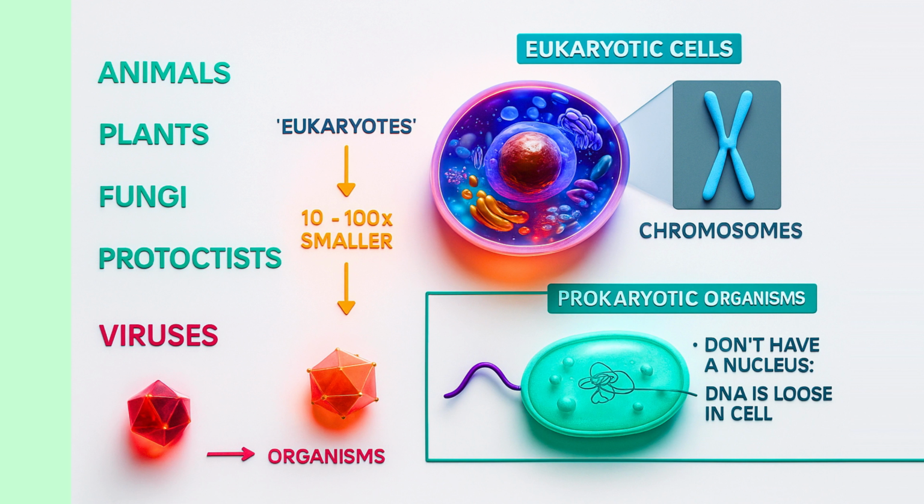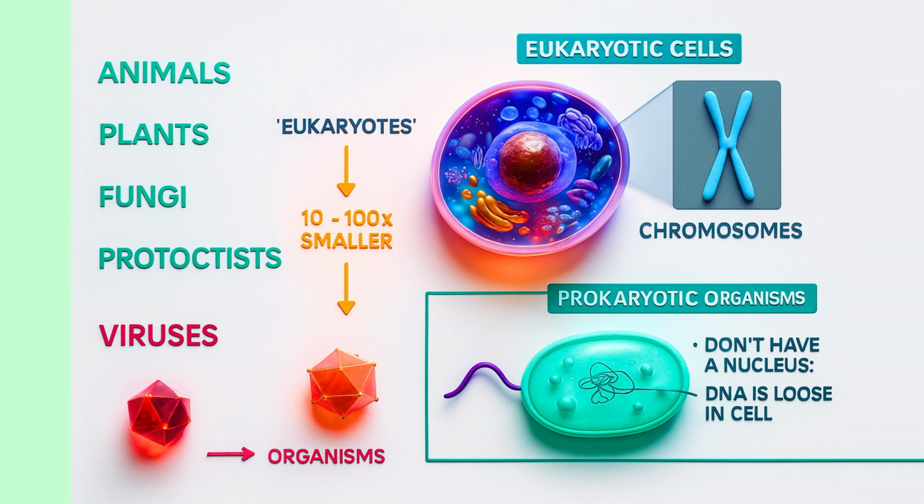One important distinction to understand before we look at each group in detail is the difference between eukaryotic and prokaryotic organisms. The kingdoms of animals, plants, fungi, and protists are all composed of eukaryotic cells, which means their cells have a distinct nucleus containing DNA in the form of chromosomes. These cells are typically complex and contain specialized structures called organelles that carry out specific functions such as energy production